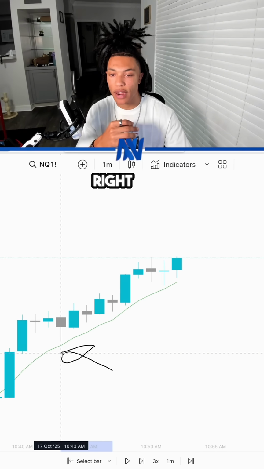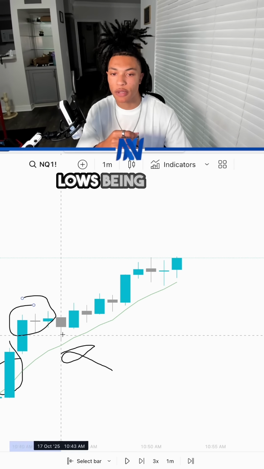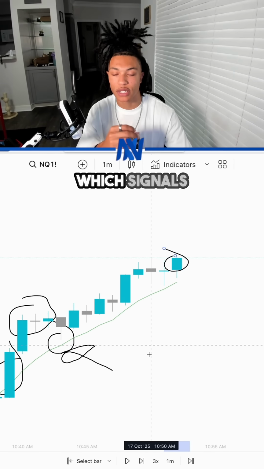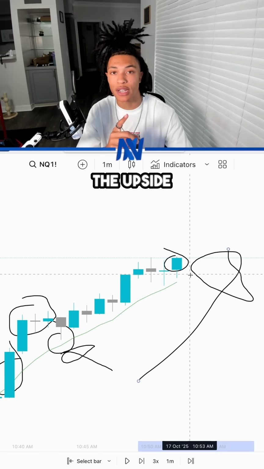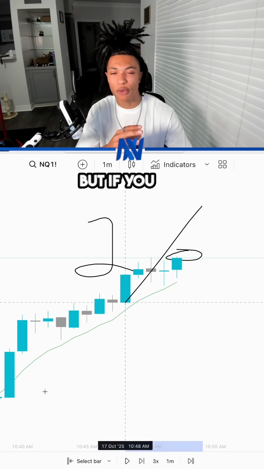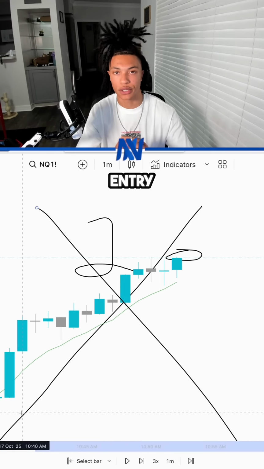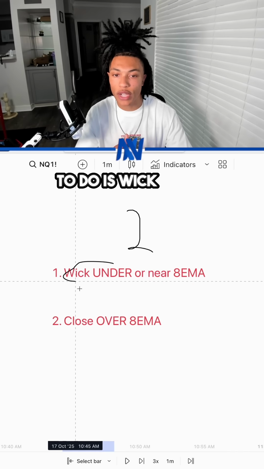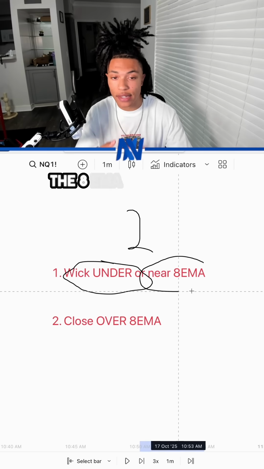We have the 8-EMA right here. We have higher highs and higher lows being formed over this 8-EMA, which signals a strong bullish trend going to the upside. And since we see price located right here, we have step two, and it's so simple, but if you get it wrong, it's gonna make or break your entry. Now for step two, all we want price to do is wick under the 8-EMA or near the 8-EMA equilibrium